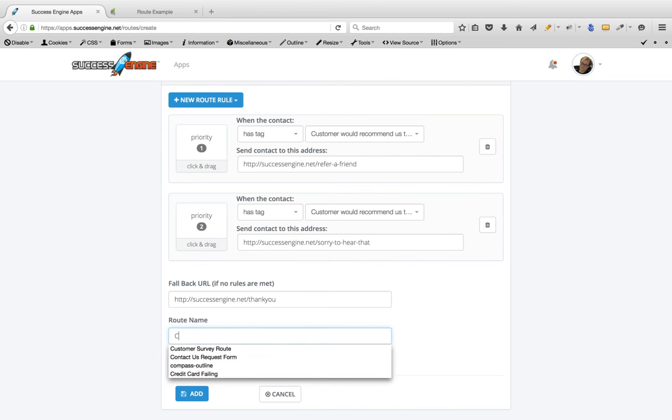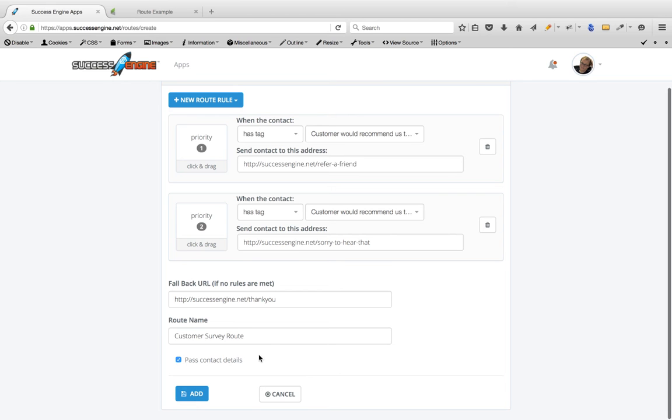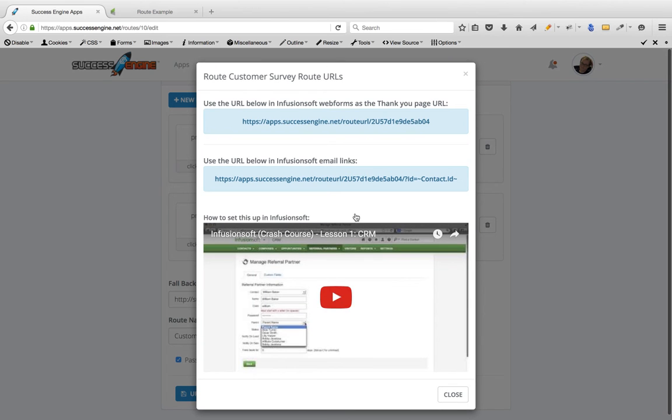So let's call this customer survey route. We'll pass the details, so that's their contact details, and we'll click add. And then this will create the route. Now if I go get route URL, this will actually give me the route URL here, which I can copy, and it gives me two variations. One is for web forms, the thank you page URL, and one is for email links. Now it's important to get the appropriate one, so in this case I am doing a web form, so we'll grab this one,